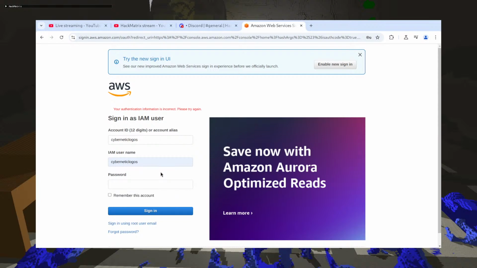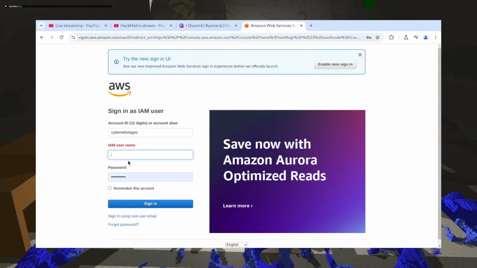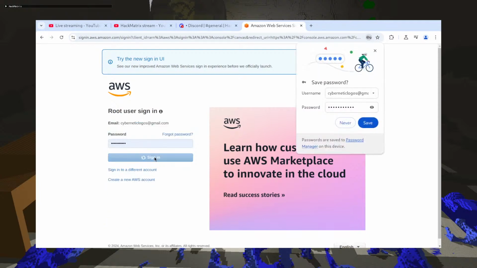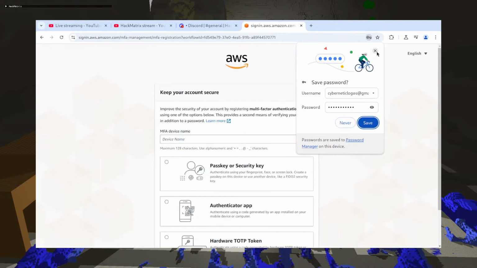Come on. It's not my IM username. That's probably why it's not logging in correctly. Oh, maybe it does. I don't know. Sign in using this. Please let me sign in. Okay.